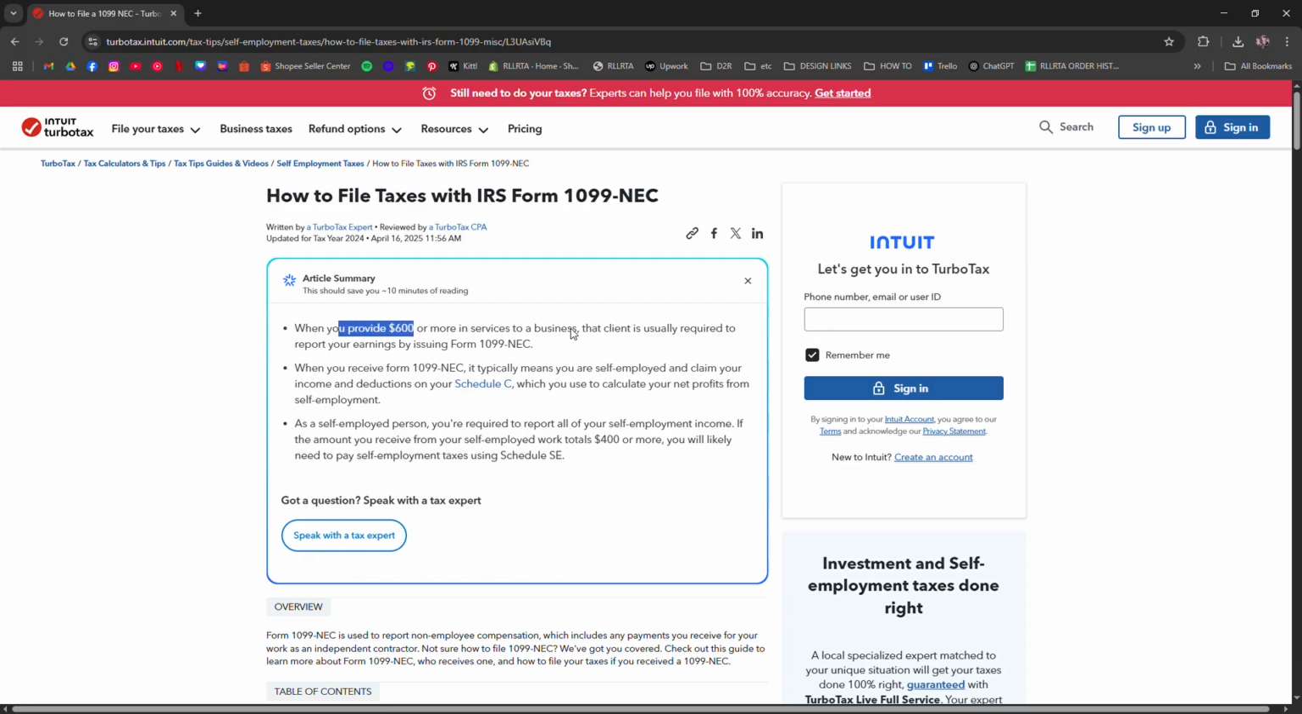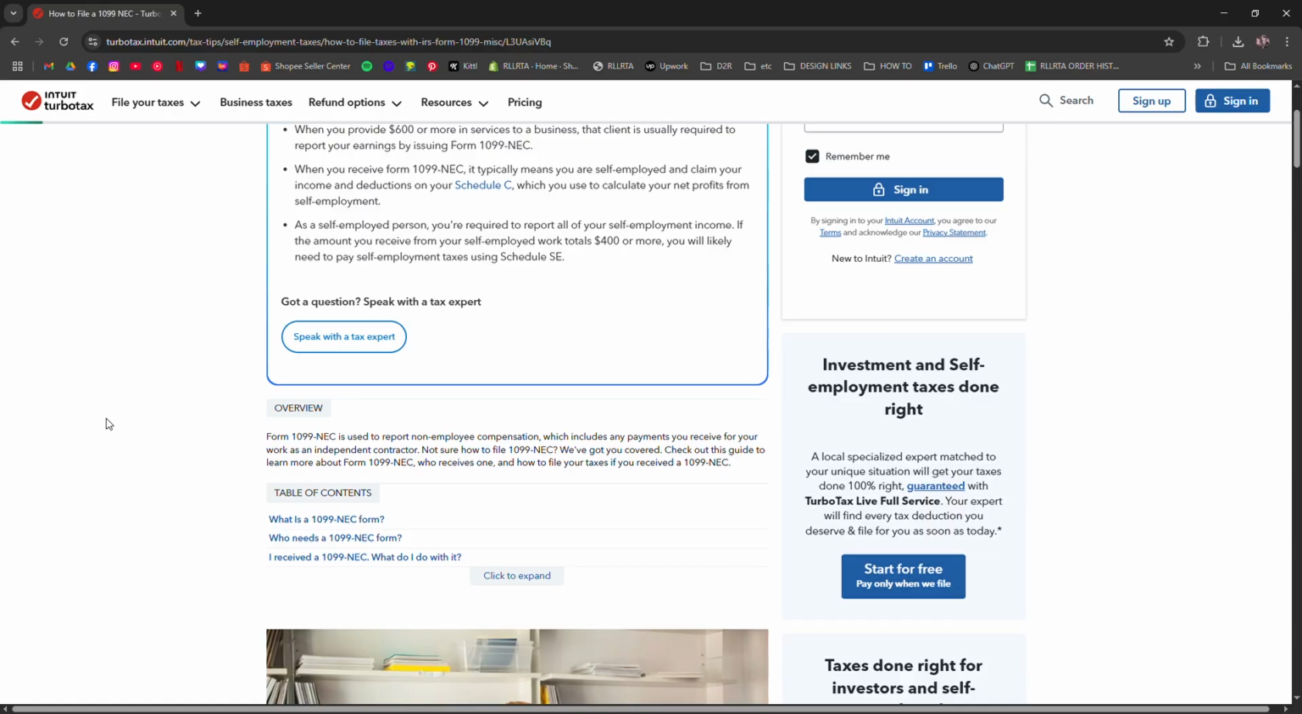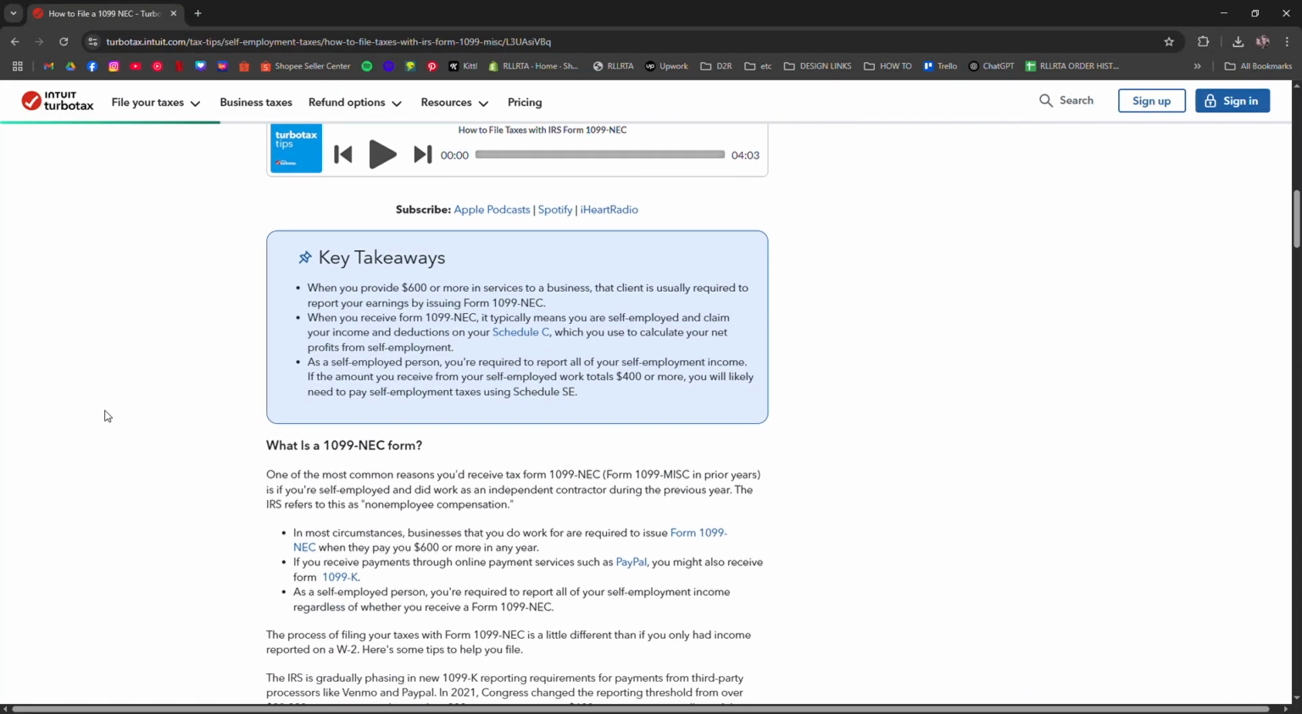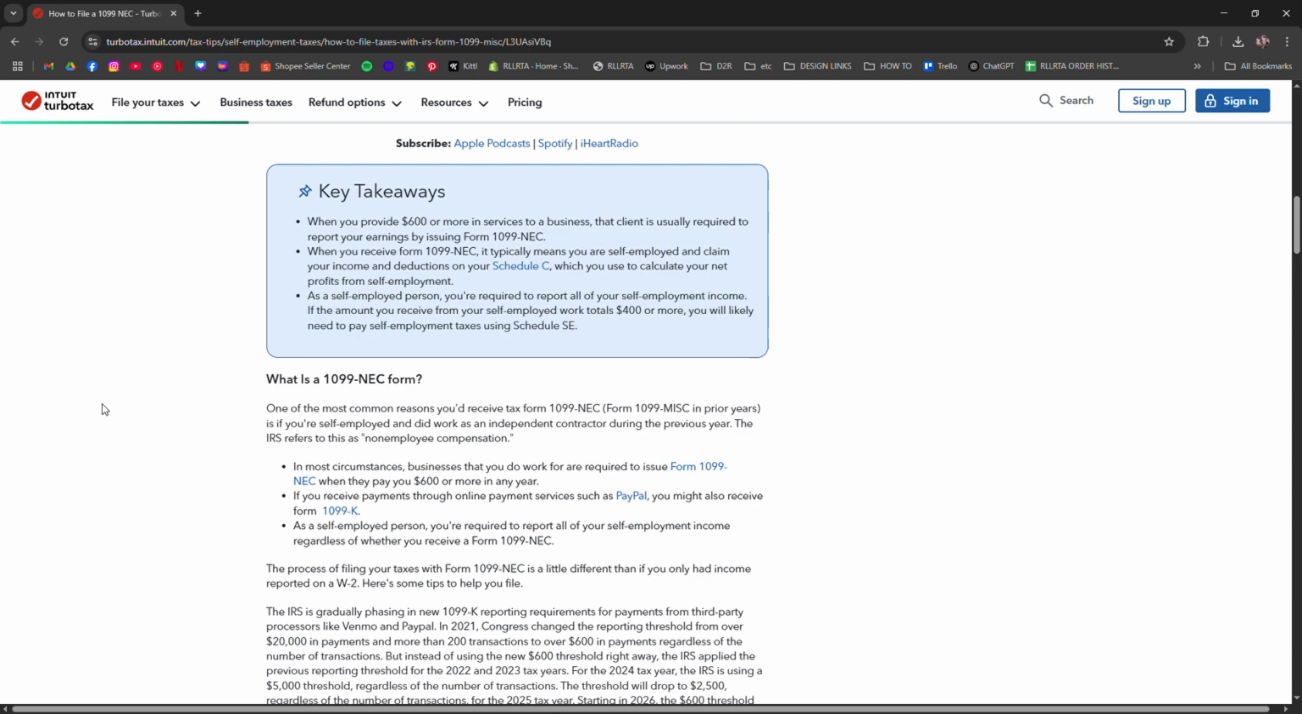First, you'll need to gather all the necessary details: payee's name, address, TIN or SSN, and the total amount you paid them. Then, head over to the IRS FIRE system, or Filing Information Returns Electronically, at